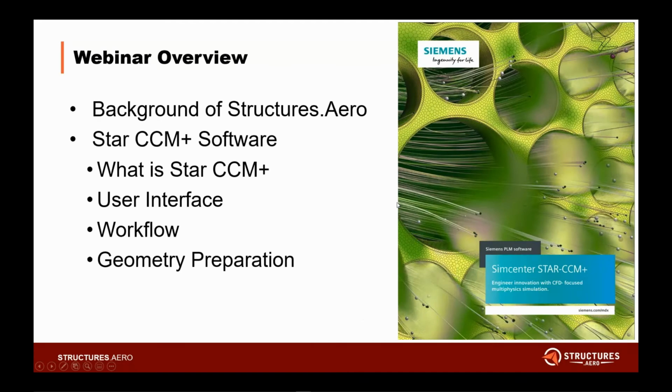A little bit about today's overview. I'm going to talk a little bit about Structures.aero and then jump right into the STAR-CCM software itself. And we'll go over what the software is, what it does, what it's capable of, and how it solves and provides you with data. And then we'll go through the user interface, and I'll actually open up the software and go through the user interface. And then we'll talk about the workflow and how you actually work in STAR-CCM, because it's definitely different from a finite element